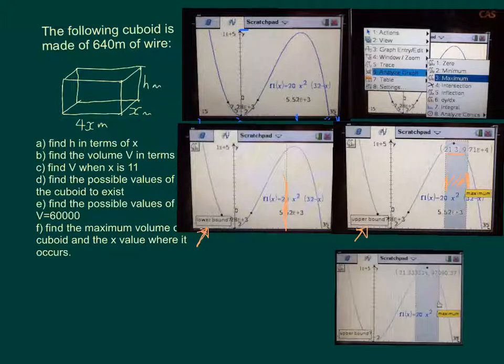And when I checked that against the answers that were provided, I noticed that there was a little bit higher degree of accuracy in the answers. So I went into the settings and I changed the number of digits that would show on a particular answer. I increased it up to 7, I think that is, and went through that process again. So instead of having 21.3, it's given us 21.3334, which is basically 21 and a third. And it's also given us